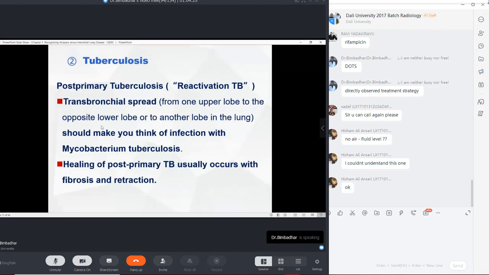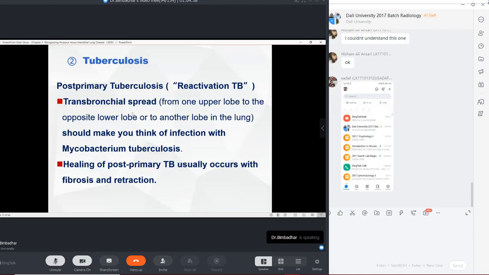Now, you see here, it can actually spread. Mycobacterium tuberculosis will spread from one segment of the lung to other parts of the lungs, other lobes of the lungs. It can start from the right side and eventually go down to the left side. What happens is that the granulomatous reaction will slowly